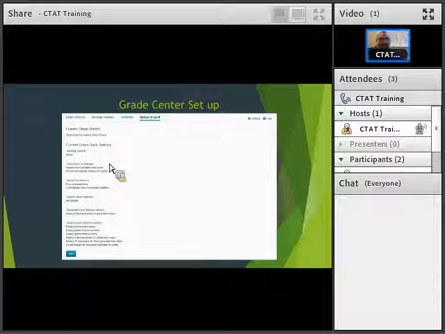There are several steps on this, and I've got screenshots of all of them that we'll walk through here. The setup wizard, though, lets you start, and it actually has different areas in here that let you preset your gradebook up for most of what you're going to want to do. So the first thing when you come in for the setup wizard, you start walking through it, is going to